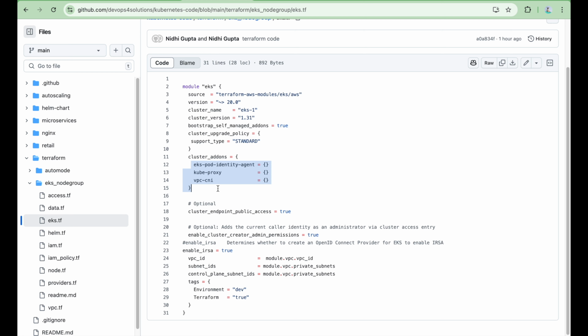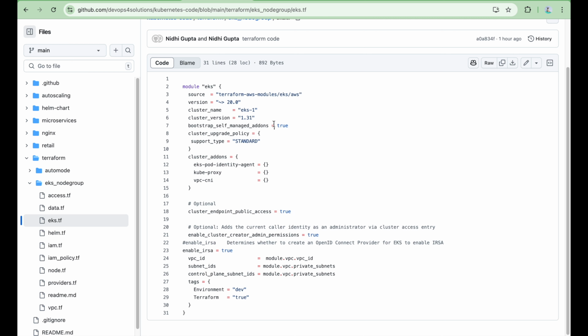If you don't have nodes and you put CoreDNS here, your Terraform will just fail after 10 to 15 minutes because you have not even created the nodes yet. So where would those CoreDNS pods run? Because of that, this is the standard that you should start with, and then we will see how to create the other stuff.